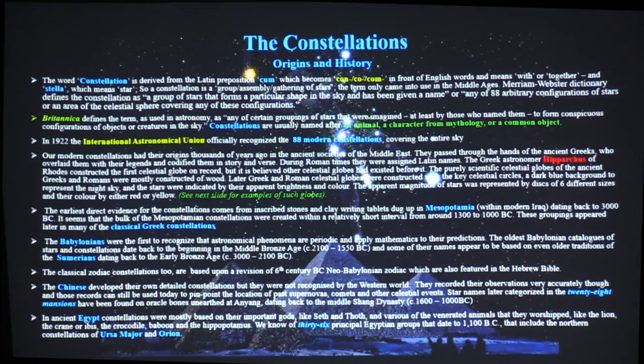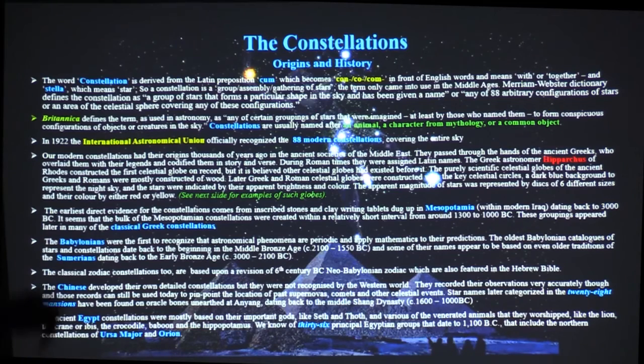So stella is the Latin for star, and so is the word aster or astra, hence asterism, asterisk and all that sort of thing. So constellation comes from that, a group or gathering together of stars. And there are various definitions. Can you actually see that from back there? I mean, it doesn't matter if you can't read it. I'm trying to make it a little bit bigger. I'm sorry about the small font, but I got obsessed with getting everything down.